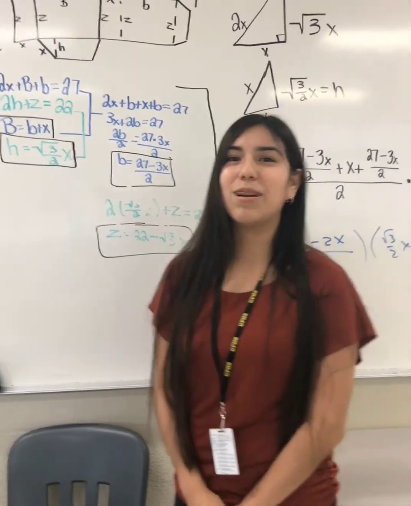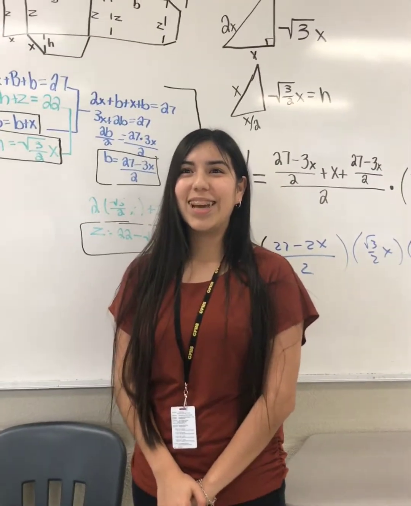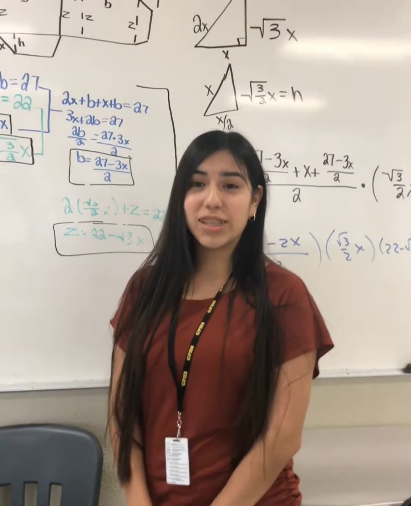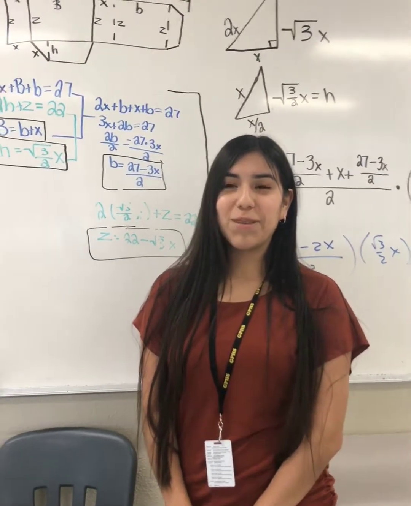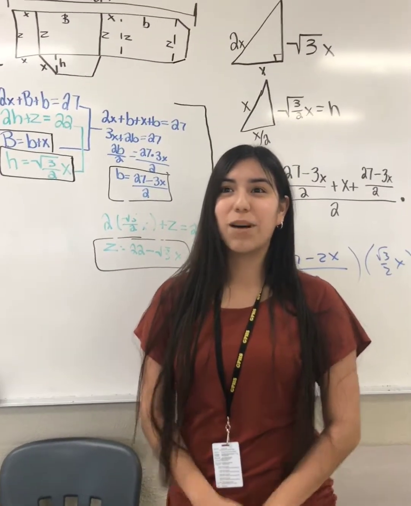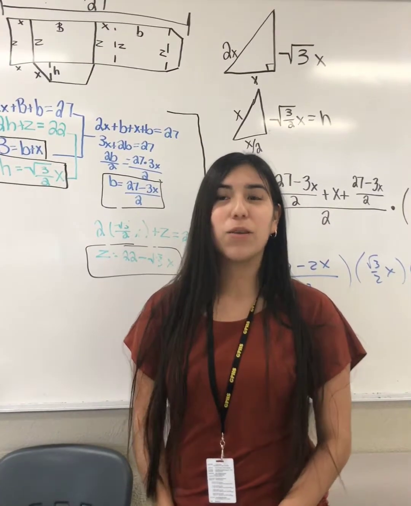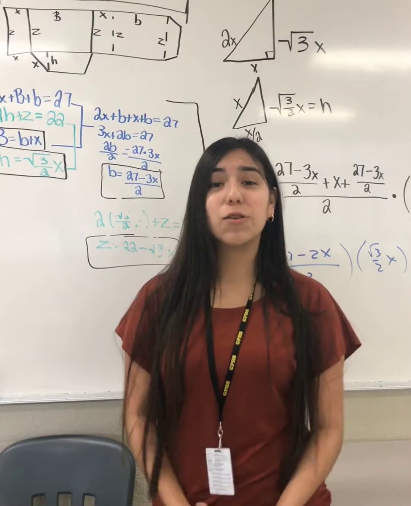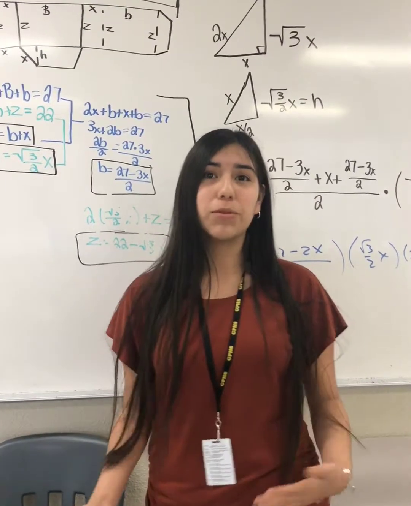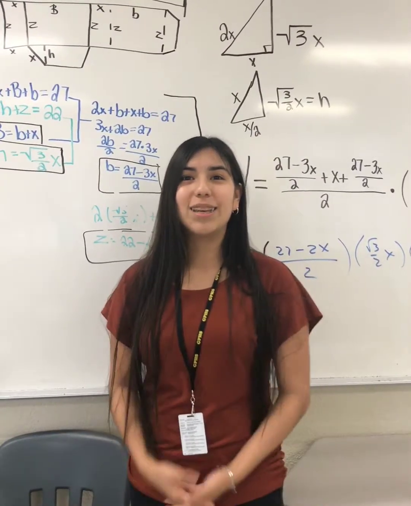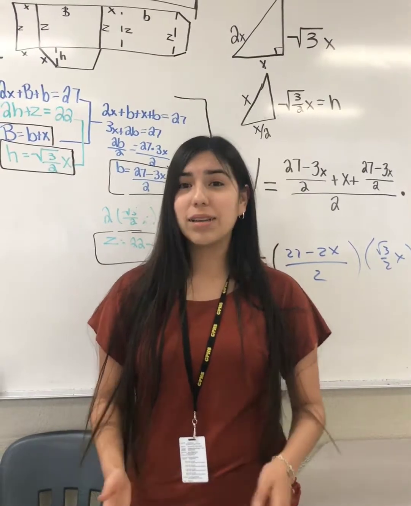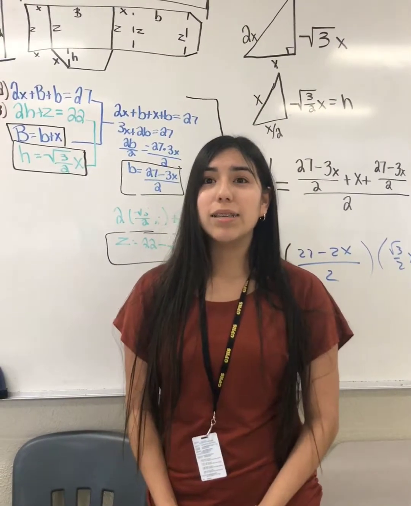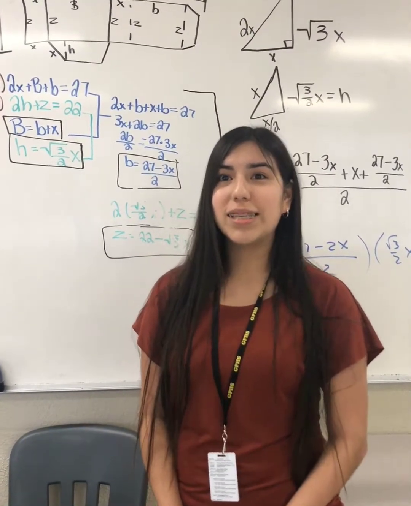Next, we created a system of equations using the variables I just listed. To find the volume of the trapezoid, we solved for the length, the small base, and the height. Once we had our system of equations, we plugged the equations into the formula for the volume of a trapezoid. Once we plugged the equation into the calculator, we found that x, the slant of the trapezoid, is 4.36 inches,